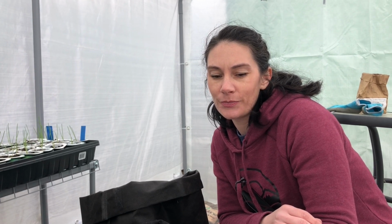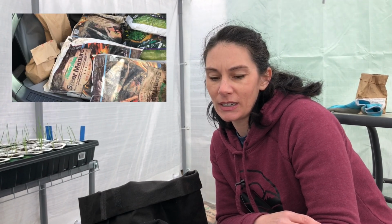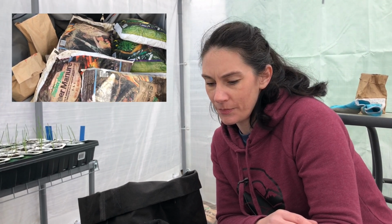And like I think most of us out there these days, I'm a little short on supplies, and getting things isn't quite as simple as it used to be. Our one greenhouse in town has allowed us to do some ordering where you can order online and pay for it, and then you just drive up to the gate, call them when you're there, and they bring it to your car. So I've been able to get a little bit of manure and some seed potatoes that way. I'm not actually using those seed potatoes yet, I just got them, but I haven't been able to get myself any good bags of